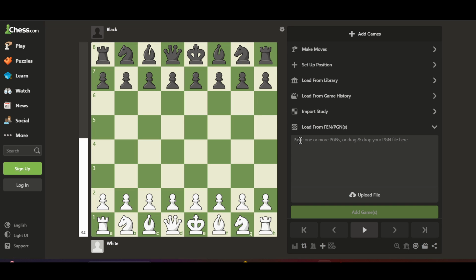And then after choosing analysis, you can upload your game file or you can just start your game from here and it will watch your moves and then will give the analysis result based on that. So this is how you can use